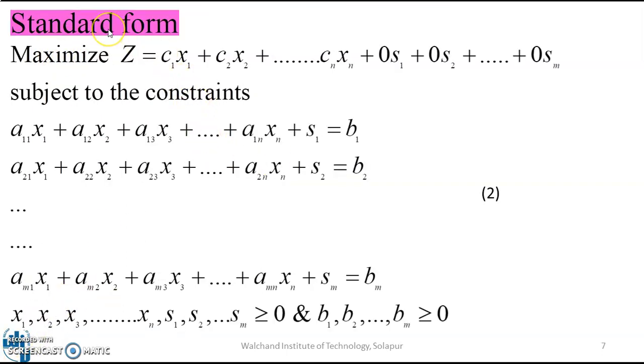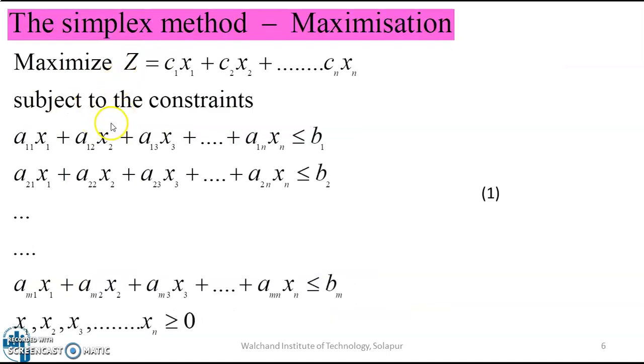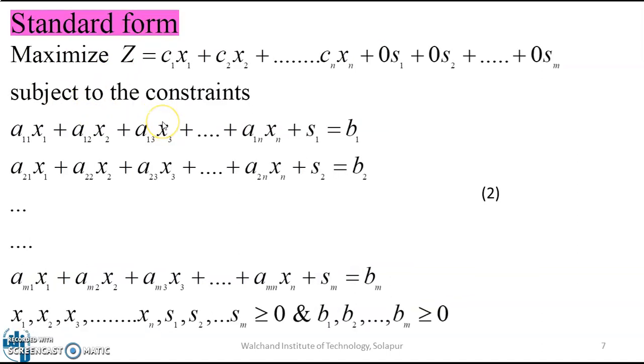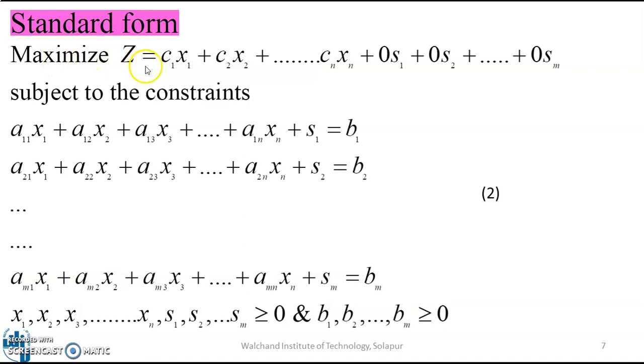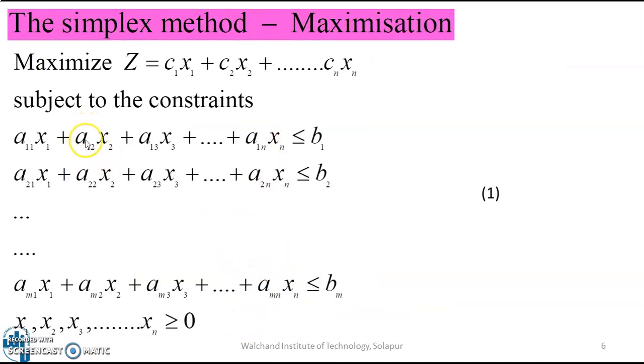Now next is the standard form of this general form. The standard form from the given linear programming problem is obtained like this. First of all, we have to write down the given objective function in maximization form, and then write down the remaining constraints like this. We have to convert each inequality present in the general form to an equality constraint by adding a certain non-negative quantity to the left hand side of each constraint.